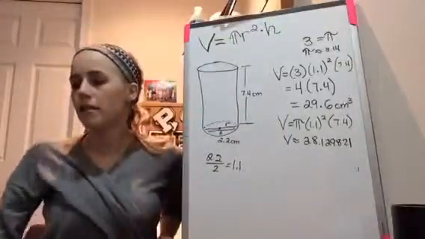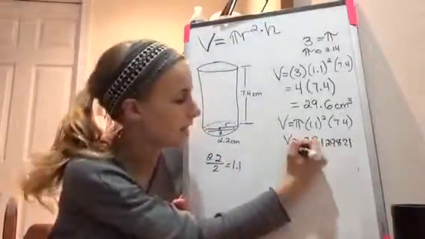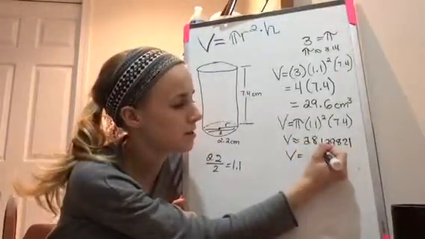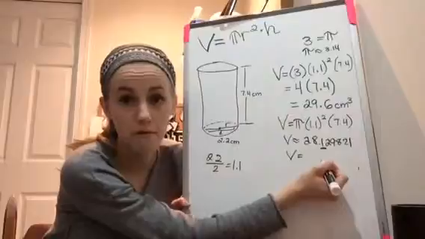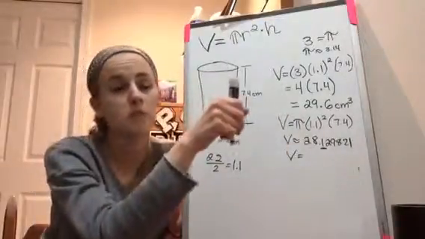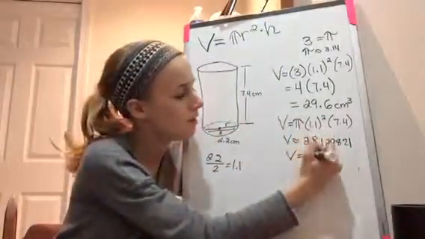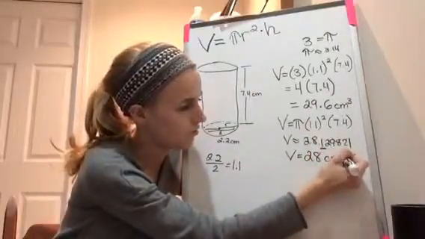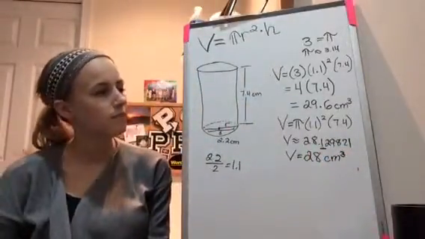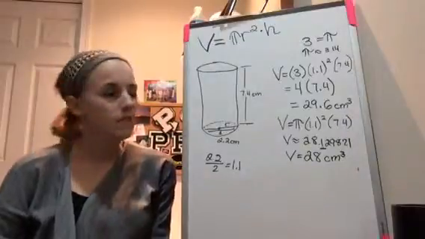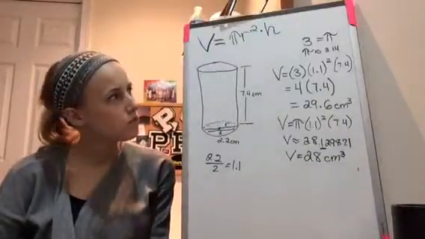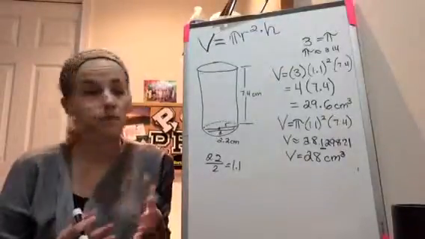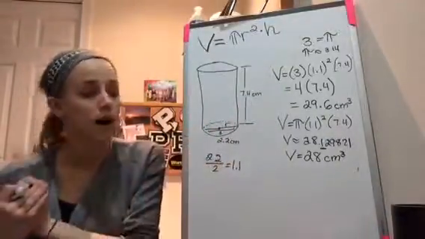So I would round it to the nearest whole number, which is what they tell us to do in our instructions. So that means I look at this place value right here, 5 or above, give it a shove, 5 or below, let it go. It's just going to be 28 centimeters cubed. Okay? So pretty easy. Not too difficult. You just have to remember, am I estimating or do I need to use the pi